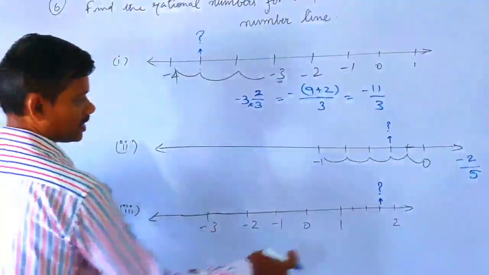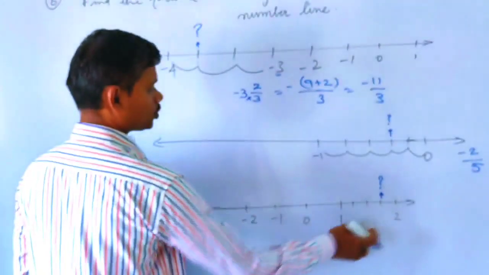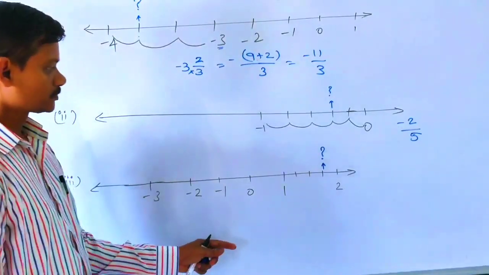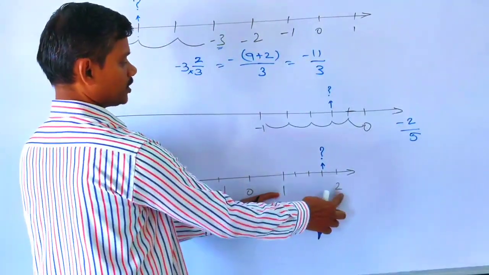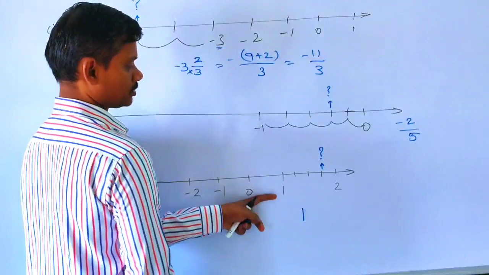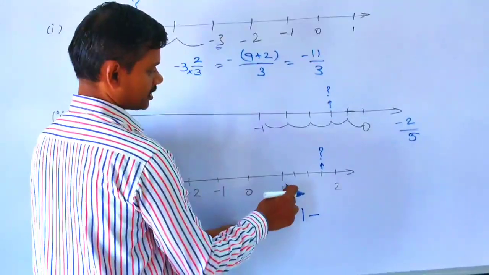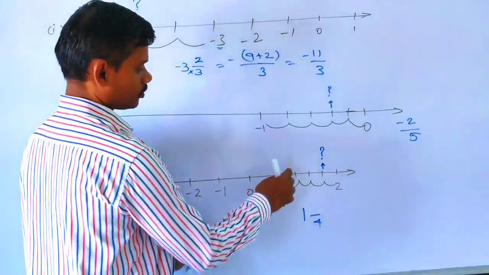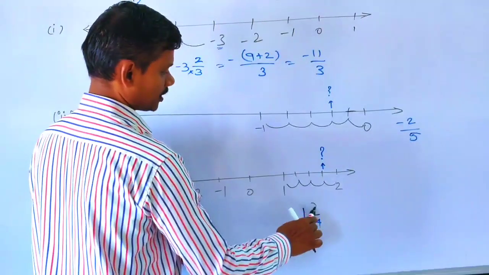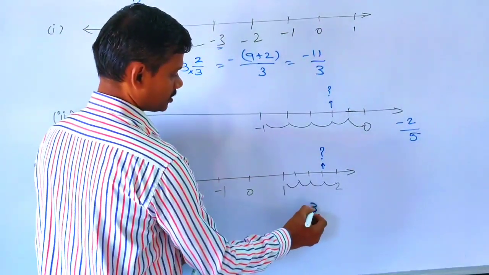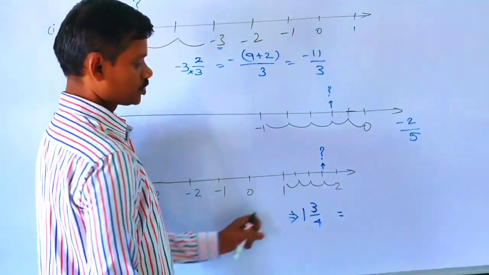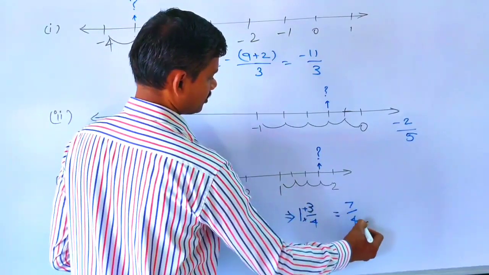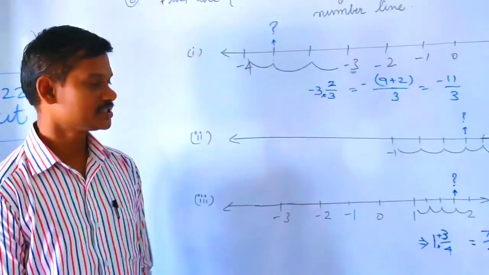The third sum lies between 1 and 2. So between 1 and 2, here we write it as an improper fraction. In the third sum, the number lies between 1 and 2. So in the integer part, I have to write 1. In the divisor part, how many parts are here? 1, 2, 3, 4. So in the denominator, we have to write 4. 1, 2, 3. 3 is in the numerator part. So 1, 3 by 4. Convert this into a rational number. 1 into 4, 4. 4 plus 3, 7. 7 by 4. Okay, I think you are clear in these 3 sums.